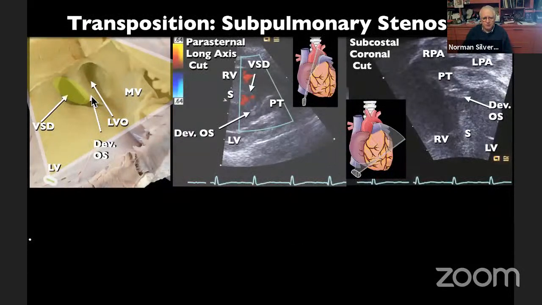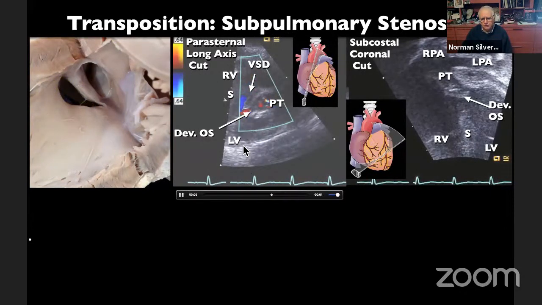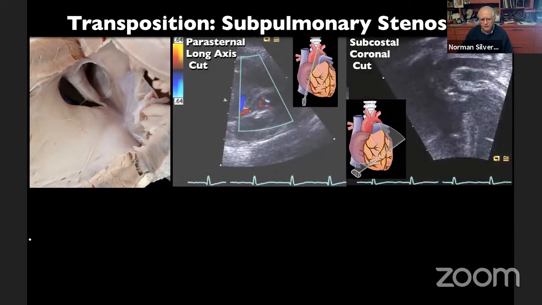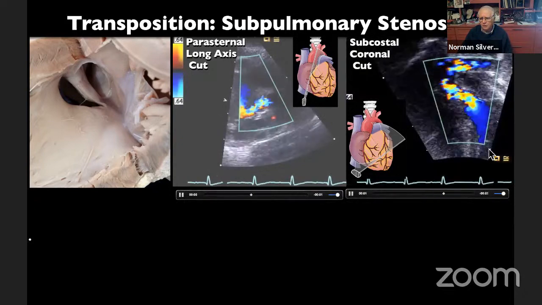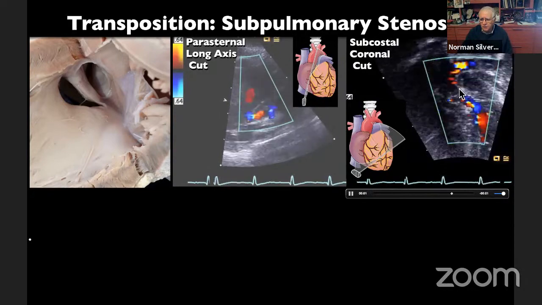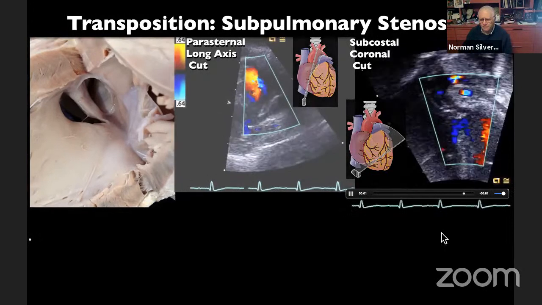Here's the subpulmonary stenosis. We've seen this picture before. I've got an echo picture. We've seen similar issues, but you can see how the left ventricular outflow tract is narrowed, and the surgeon actually, if he's going to do a switch, has to remove this muscle, the outlet muscle, conus muscle, from below the pulmonary trunk. Parasternal long axis and subcostal coronal cut showing the narrowed orifice at the entrance, whereas the pulmonary valve is somewhat different distal to this particular pattern.